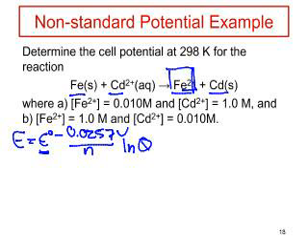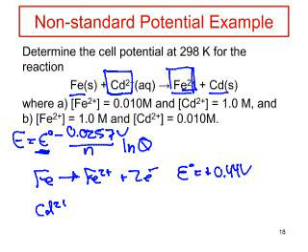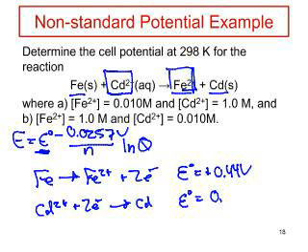So, completely the opposite, actually. Iron is not going to be reduced. Iron is going to be oxidized. Cadmium here is going to be the reduced species. So if we calculate the standard potential right here, for the oxidation reaction, iron goes to iron 2 plus plus 2 electrons. The standard potential for that step is positive 0.44 volts. If you look at the reduction step, so cadmium 2 plus plus 2 electrons goes to cadmium metal, the standard potential for that step is going to be negative